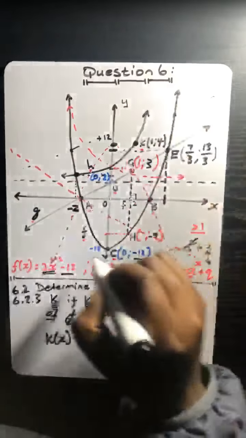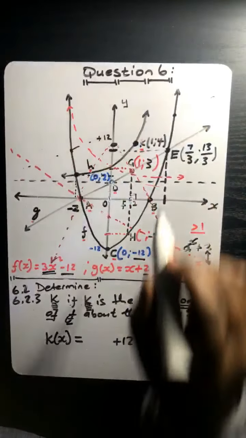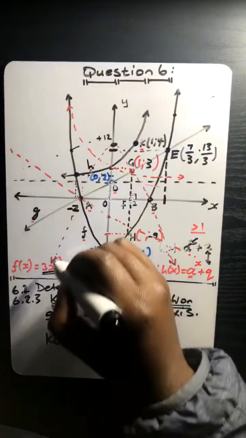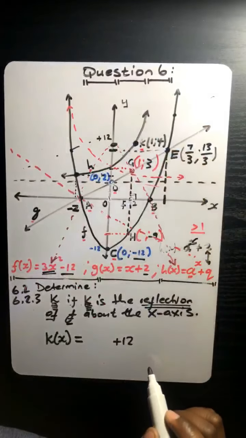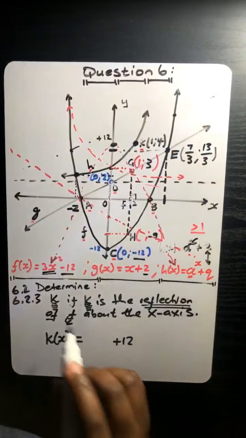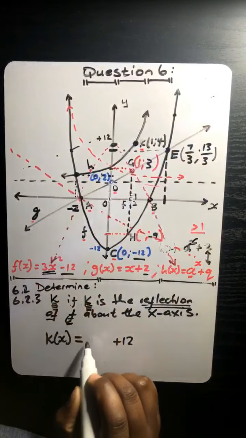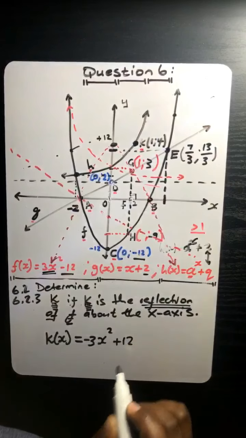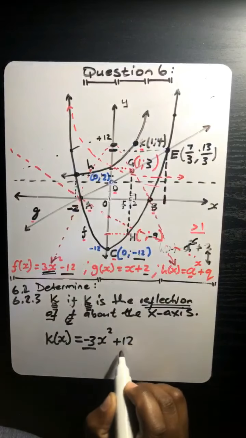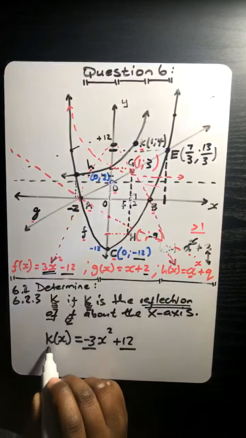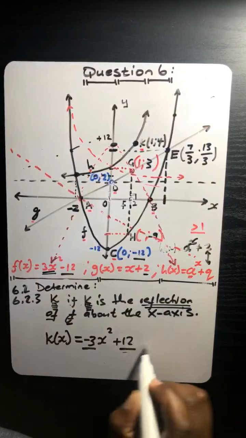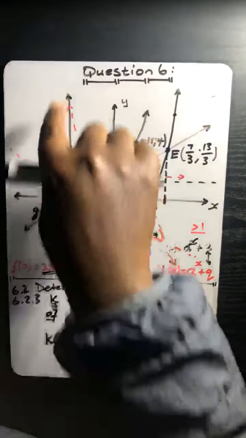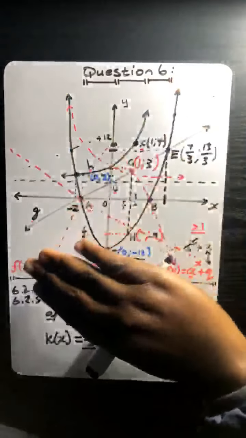If it looks like that, it's a smiling shape. And if it has a smiling shape, we have a positive a value. But if it has a sad shape, it has a negative value, which means there it is now negative 3. So the a value is negative 3x squared. So that means you actually change that and that. So this is the equation of k, whereby this k is actually a reflection of that original function about the